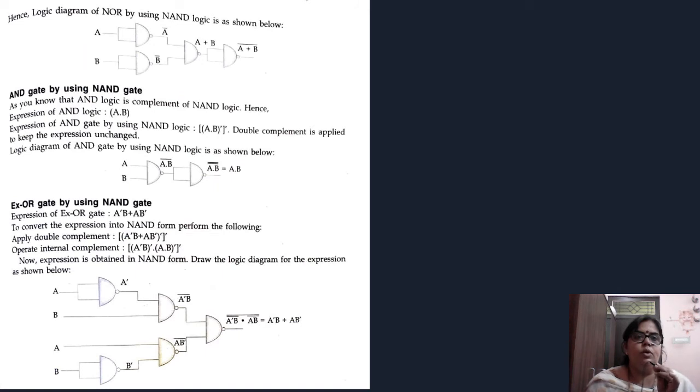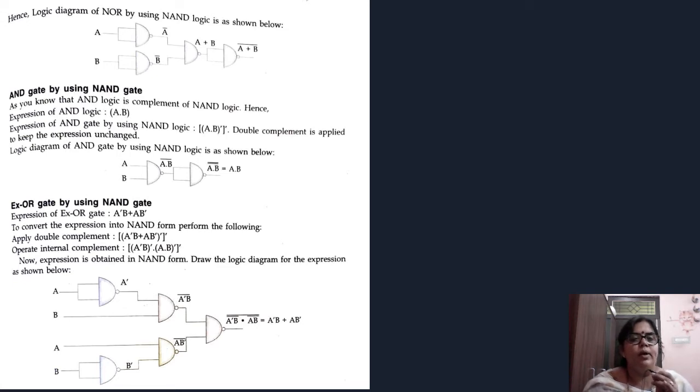Now we are going to make the logic diagram of NOR using NAND gate. See, NAND gates with A and B are used here. Now here A complement, B complement, again a NAND gate has been used here. So we get A plus B, and when we use a NAND gate again, it works as a NOT, and we get a NOR gate by using NAND gate.